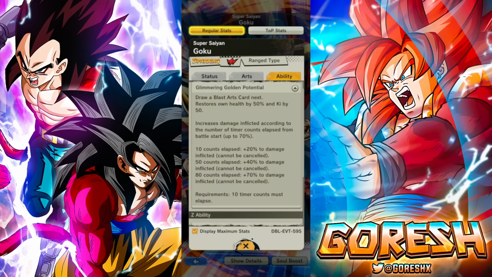Okay, increases damage inflicted according to the number of timer counts elapsed from battle start. Okay, so this is interesting. He's actually getting permanent damage. These are permanent buffs. So 10 counts gives him 20%, 50 counts gives him 40%, and then 80 counts gives him 70%. 80 counts? That is...